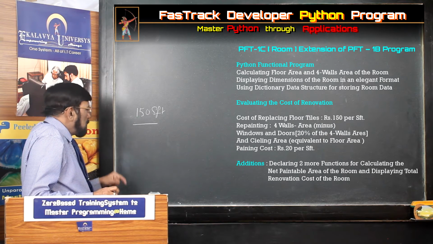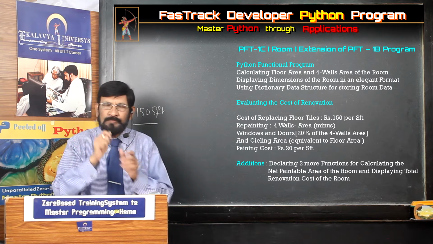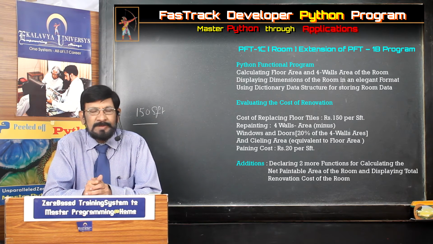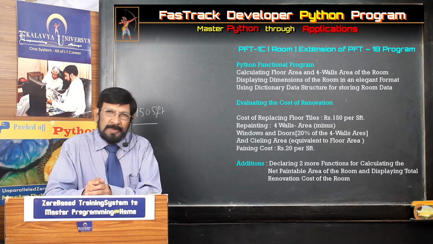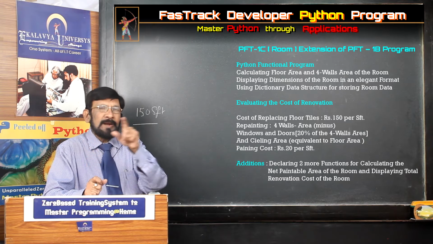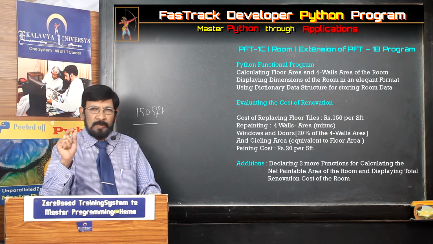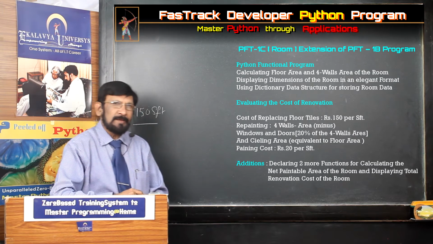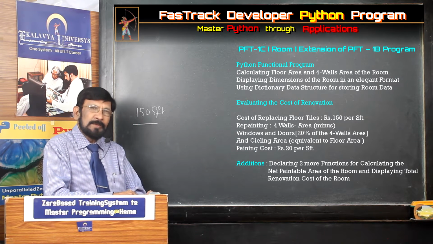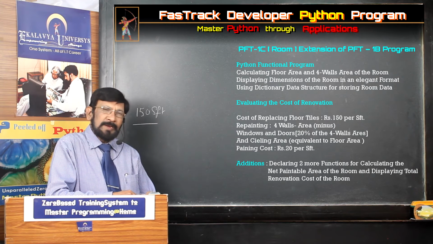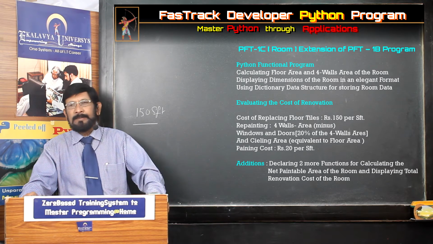Now, repainting the room. Actually, you think of which areas you paint in the room. Which areas? Four walls. Four walls means you take the entire four walls? No. Four walls minus the area of the doors and the area of the windows. Entire four walls you never paint. Now doors and windows you have to deduct. Plus one more is there, the ceiling. Ceiling also you have to paint. So how can you calculate the paintable area? Four walls area minus the total area of the doors and windows.